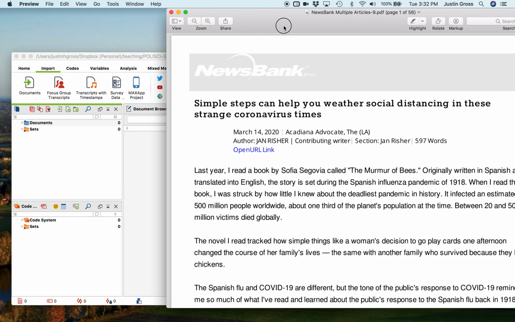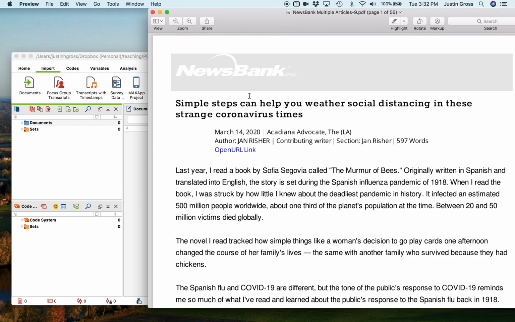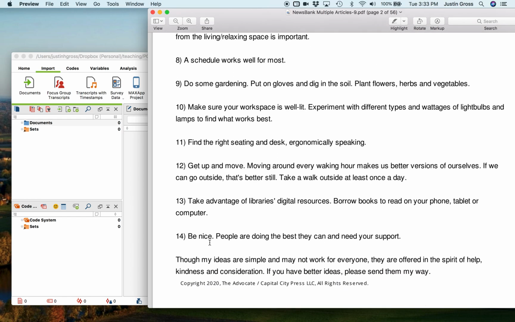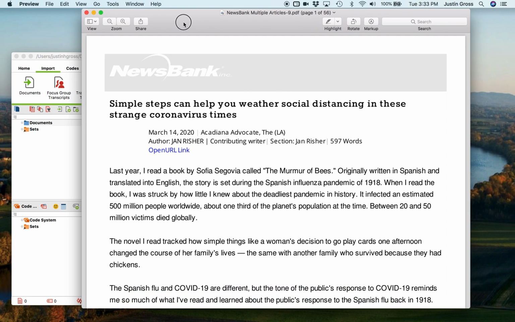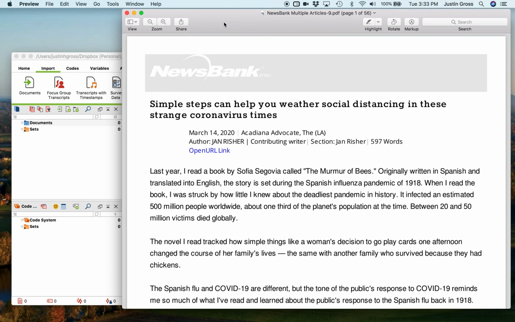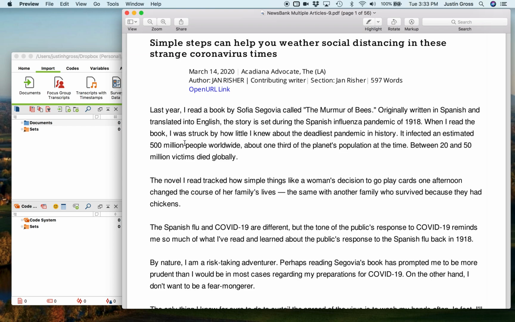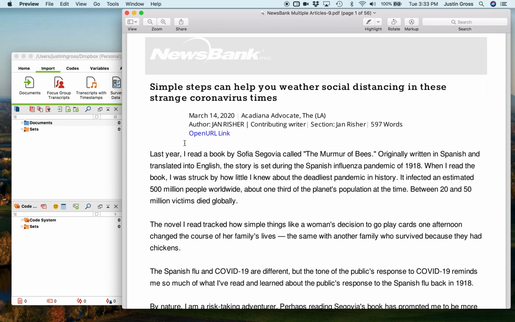What I'm going to do is take all the content from the PDF and put it in a text file, because the text file is going to be easier to work with in MAXQDA, and it's going to allow us to split this up into the individual articles. If you have programming skill in Python or something, you could use that to do some scraping. I'm just going to do it in kind of an old school